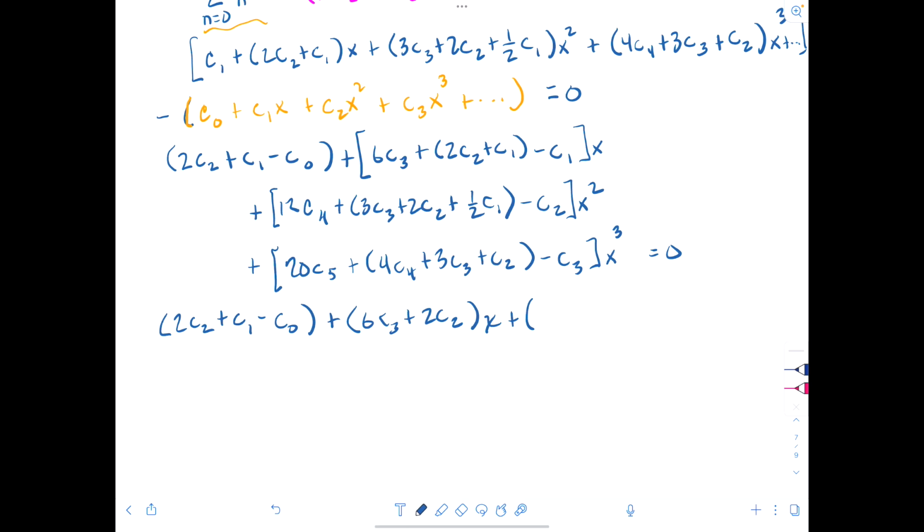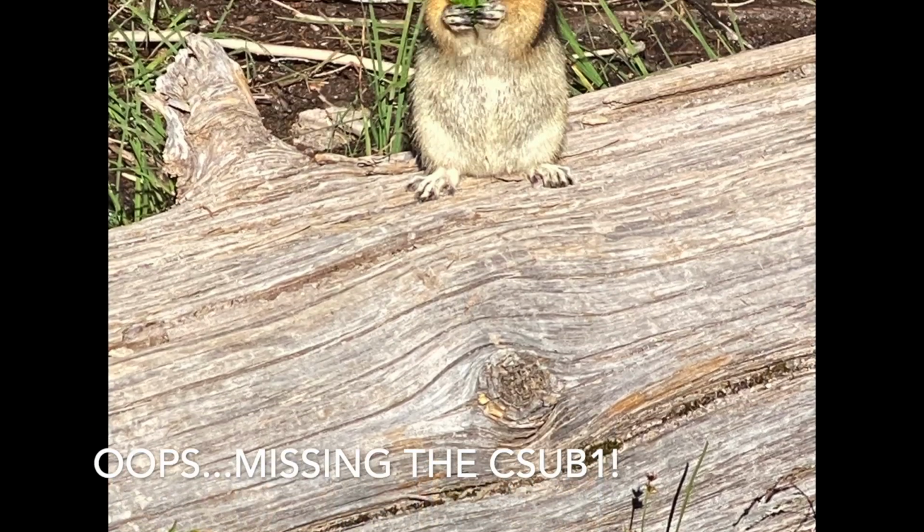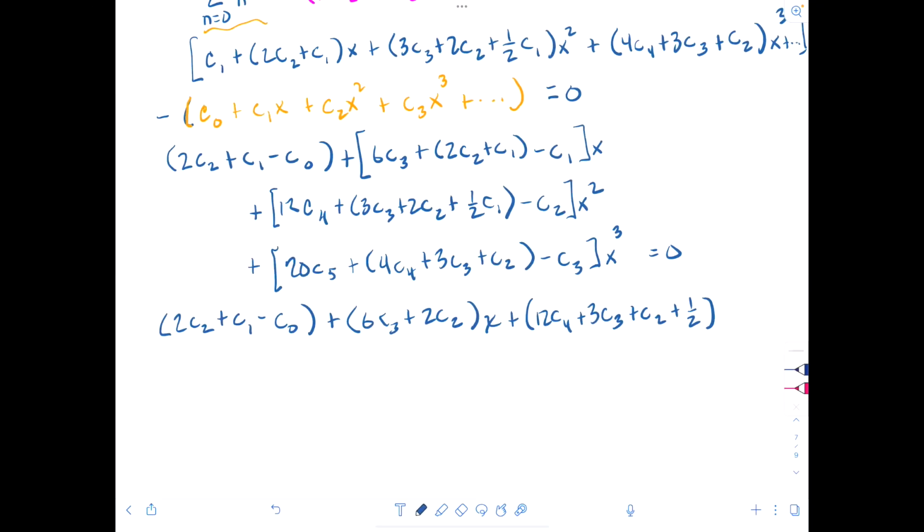So we'll get 12C4 plus 3C3 plus C2 plus 1/2 times x squared. And then we can combine C3s on that last one. So we'll have 20C5 plus 4C4 plus 2C3 plus C2, all times x cubed